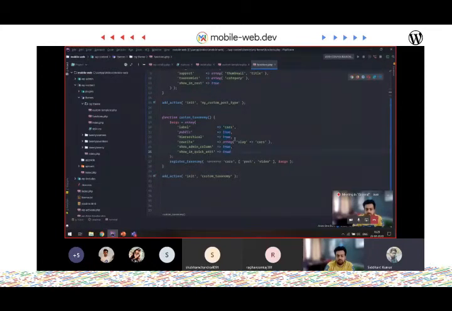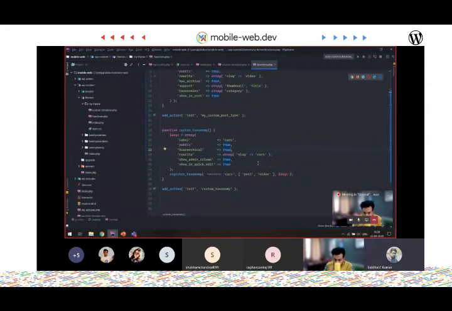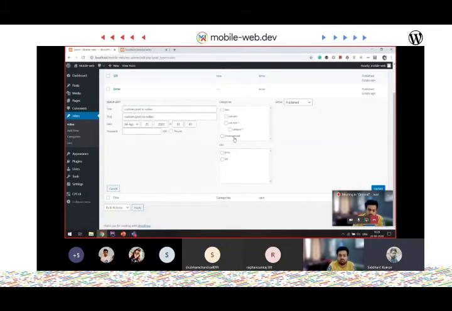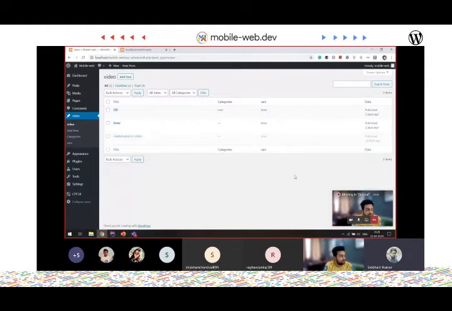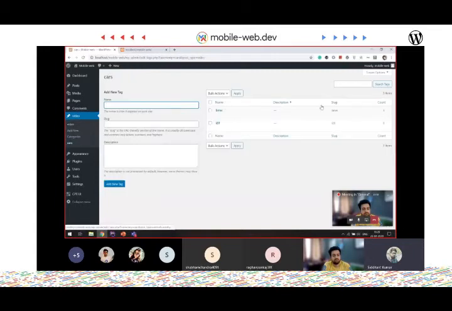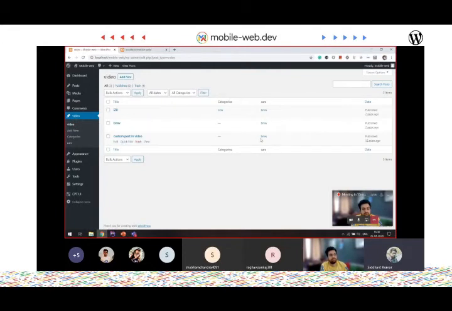Show in quick edit. So that was the section, show in quick edit. Okay, let's create this taxonomy. Let's say I have BMW. So I've created my category as a tag here, updated, and inside here cars. So I have BMW, and to a post I've assigned a tag called this one.